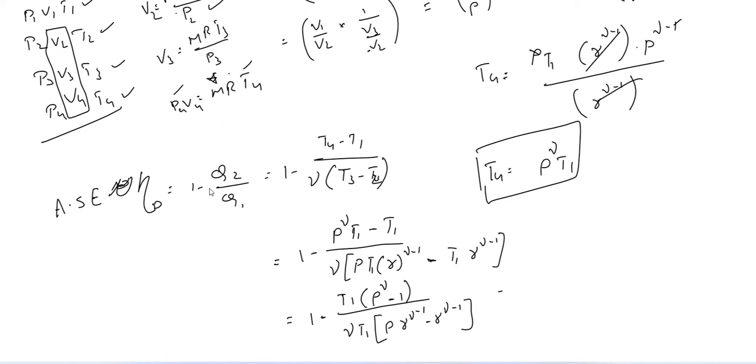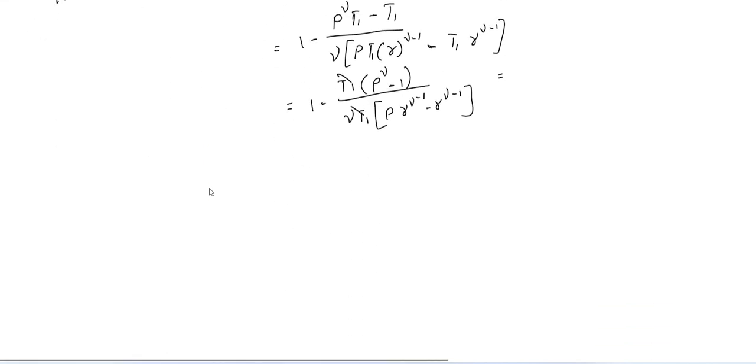Okay, T1 gets cancelled, which equals 1 minus rho power gamma minus 1 divided by, you can take R power gamma minus 1 into gamma is there, don't forget that one, rho minus 1. It is the air standard efficiency of the diesel cycle. That's it. Thank you. Now in the next video I will discuss about the